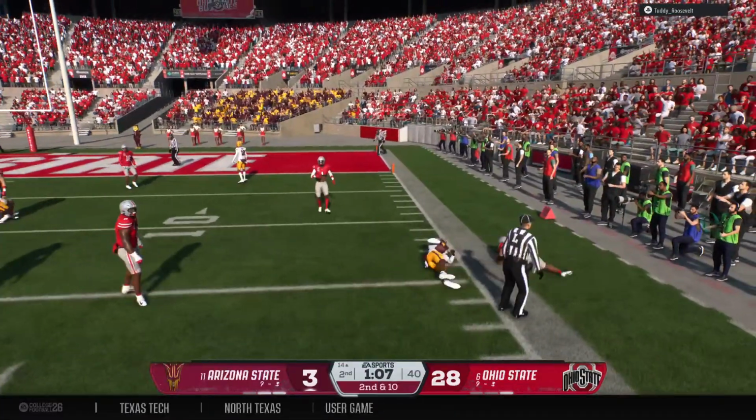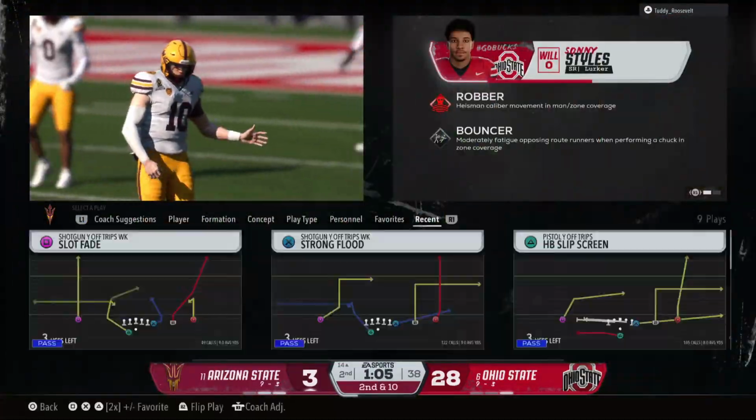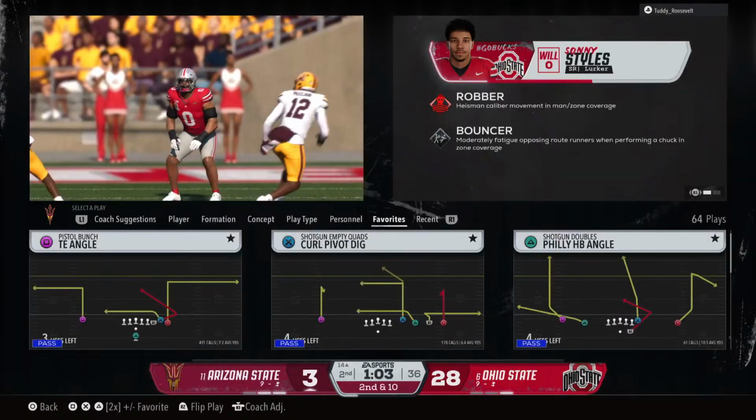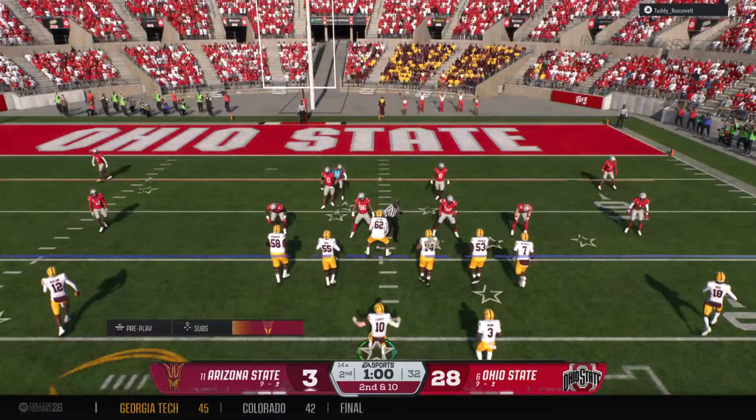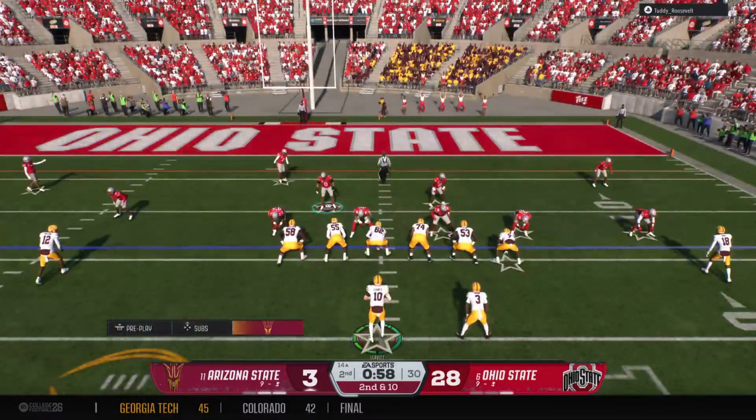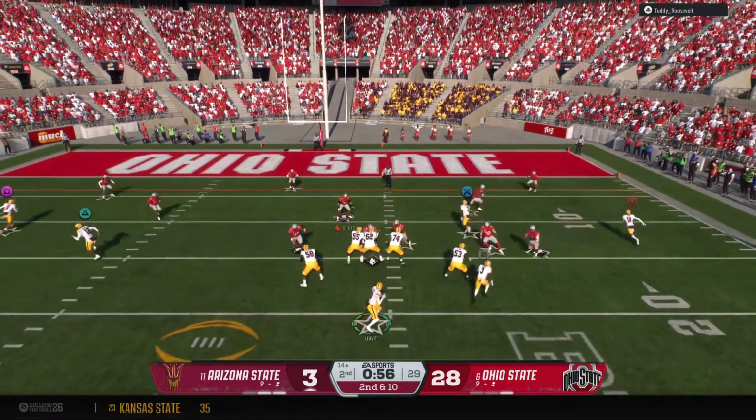Quarterback will throw this out of the RPO. And this one goes nowhere. Lucky to get back to the line of scrimmage. Well, sometimes these wide receiver screens, the quarterback simply needs to play the numbers game to the outside, and he can avoid these negative plays in the future.